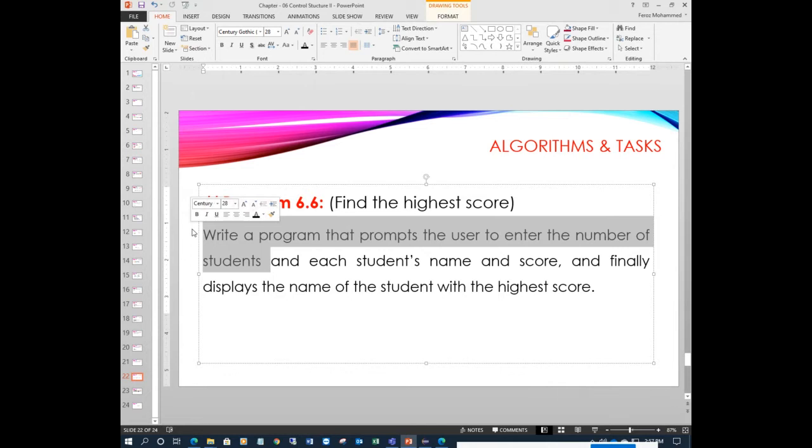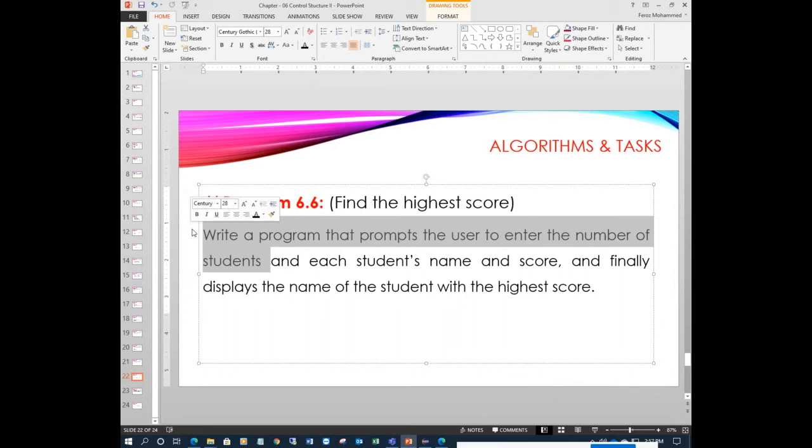Okay, in a class we say we have 30 students, 100 students, 40 students, right? So we have to say first the number of students, 30, 40, 50, 100, like section number of students, right? Then you have to enter the student name and score, his total mark or his score, his marks. For each of the 100 students you have to enter, right? So this is one thing, right?